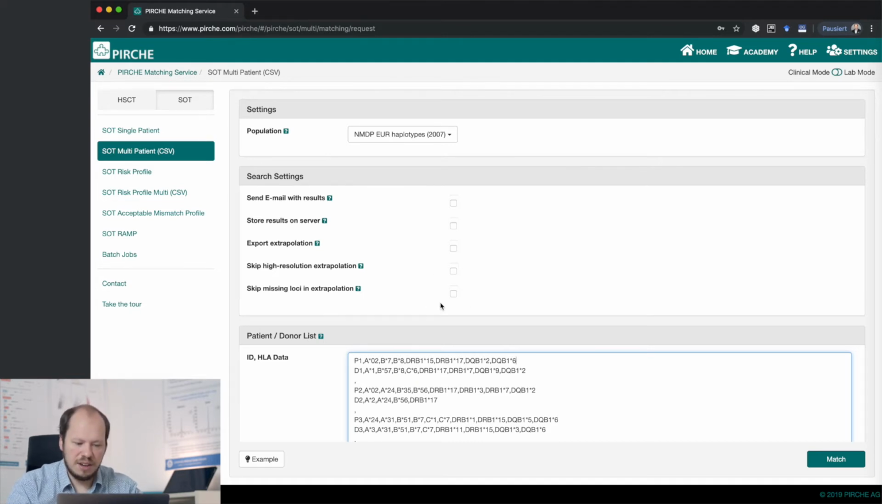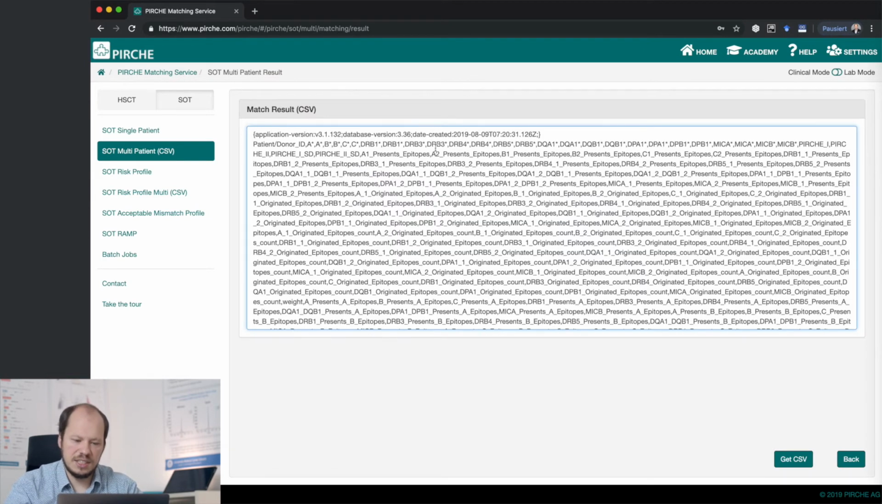And finally, there are some options to skip the high resolution extrapolation. For example, if you want to skip extrapolating missing loci. So if you want to only check out ABDR typings and not rely on the imputation for C and DQ, for example. Let's press the match button, and now you get here the resulting CSV in that text box